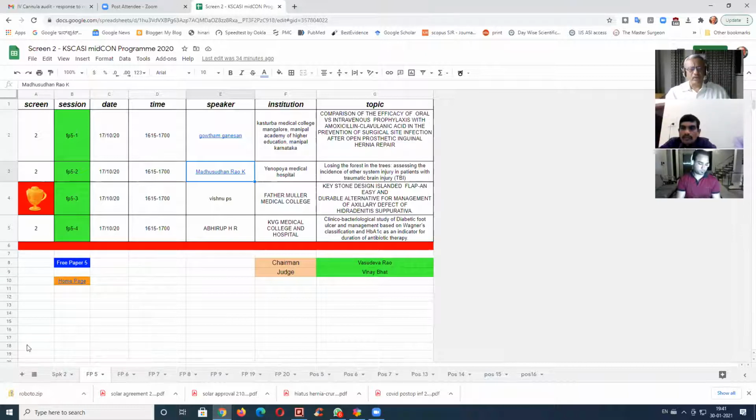You can see it below, like FP6, FP7, day 1, day 2, screen 1, screen 2. You can create different sheets for different days and different screens. Okay, it's very easy to do that. Have the whole program. Now I will show you how you can